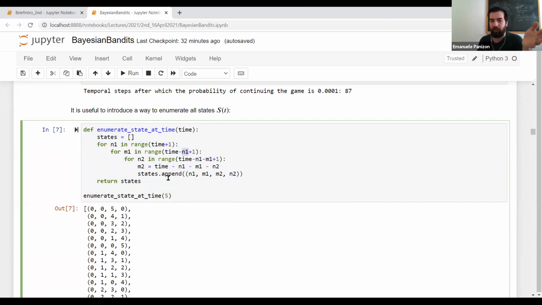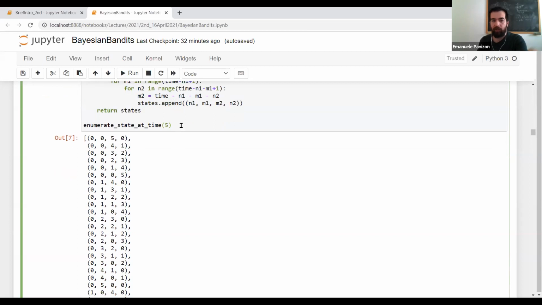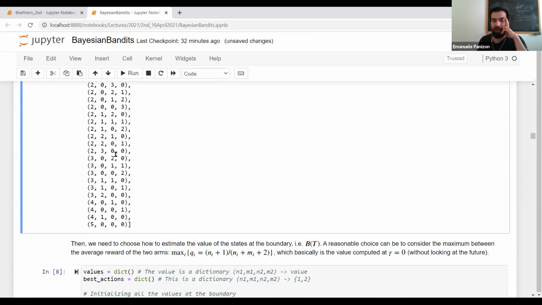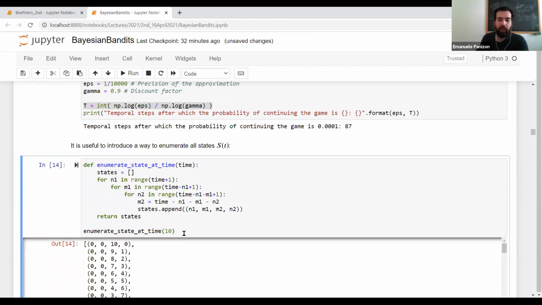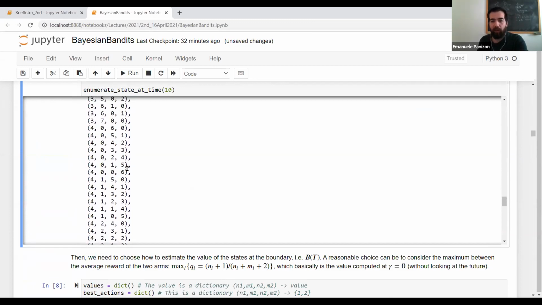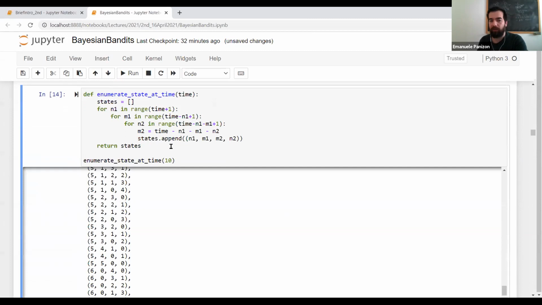This is just a very simple way to enumerate all the possible combinations of integers which sum up to a certain number. You can see all the states which sum up to 5. If you want the sum to be 10, you have a good number. I will not show you 87, but you can imagine that this is quite